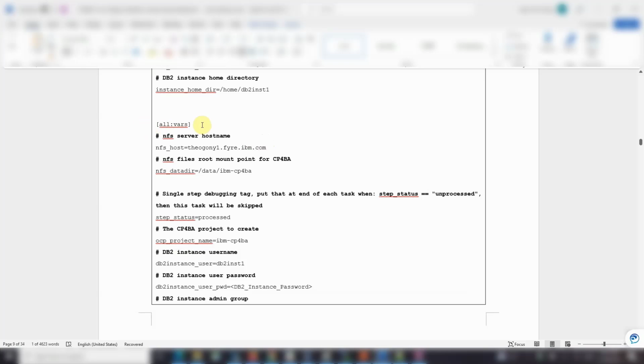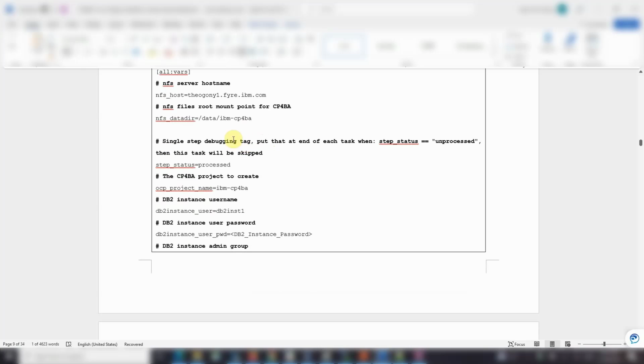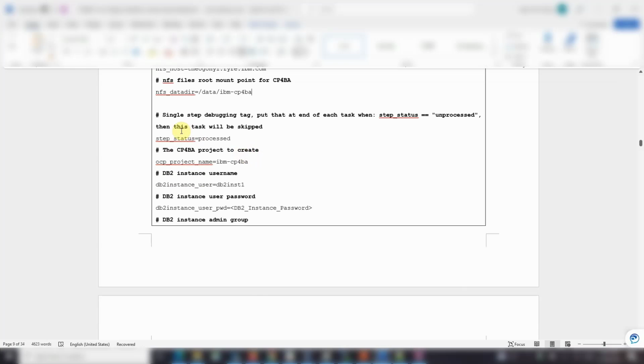And for all variables across the servers, we need the NFS hostname and also the NFS root mount point for CP4BA. This is the whole data stored on the NFS server. Here is /data/IBM-CP4BA. Okay, this is a mount point. And also this is a single step debugging tag